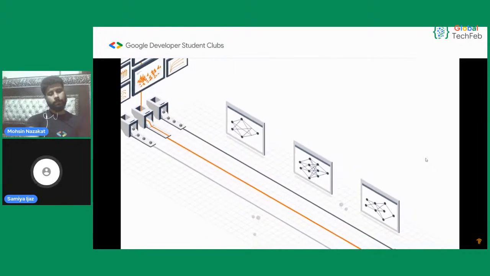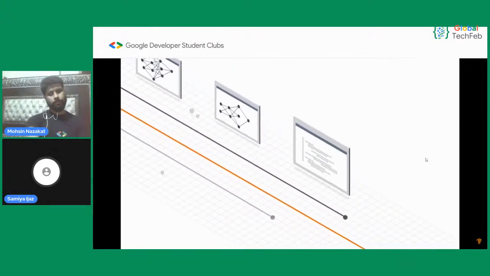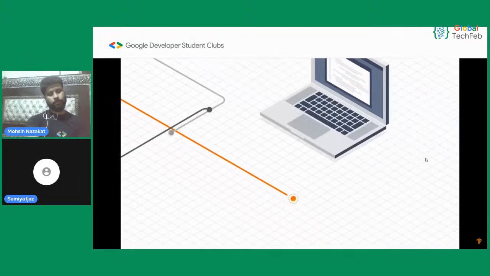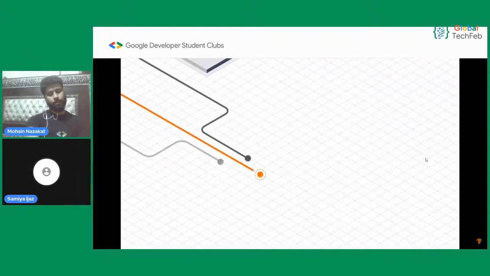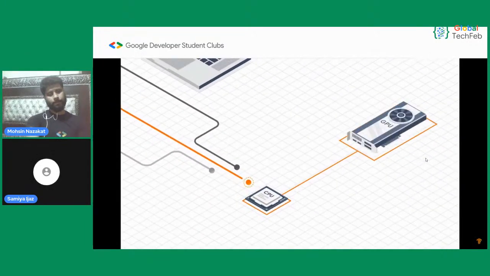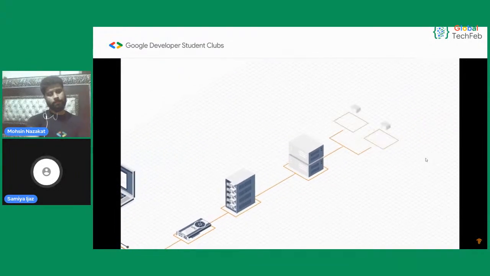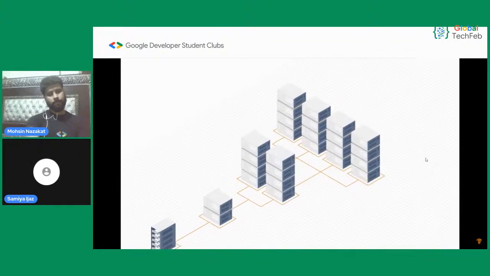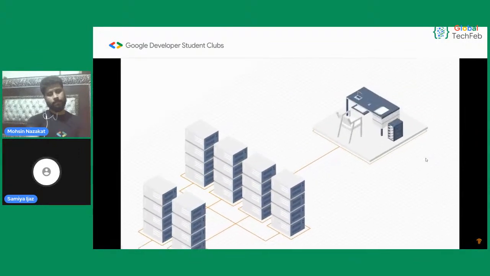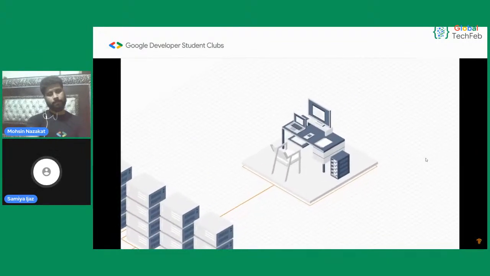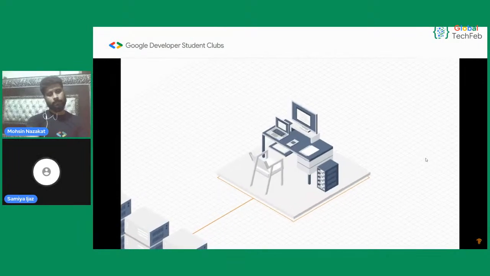It's designed to be highly portable, running on a variety of devices and platforms. It can scale from a single CPU to a GPU or cluster of GPUs, all the way up to a multi-node TPU infrastructure. So it's simple to build models that work on any platform, taking advantage of the power of